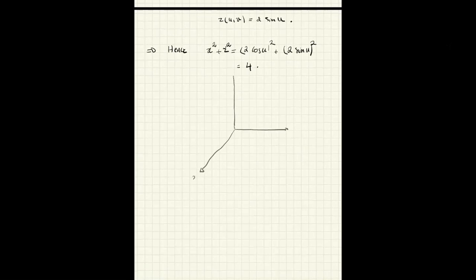So this is x, this is y, and this is z. Okay. So what it means is when you cut it off with the planes that are parallel to the plane xz, that's what it tells you here. It means that x squared plus z squared is 4. So it's kind of a circle here. Okay, so it's a circle,